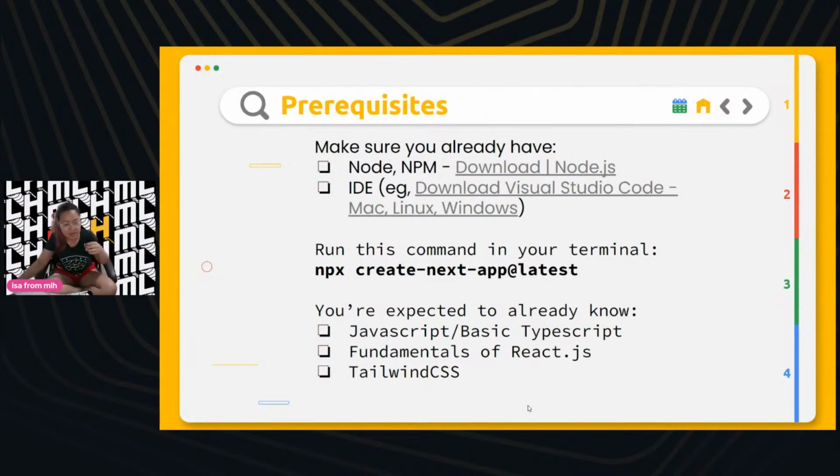That makes a good segue into I will be using VS Code for all of our coding. If that's not what you're comfortable with, that's totally okay. Use what you're comfy with, but that's just personally what I like to use. Here it's Visual Studio Code, and Node and npm is what I'm asking y'all to download.